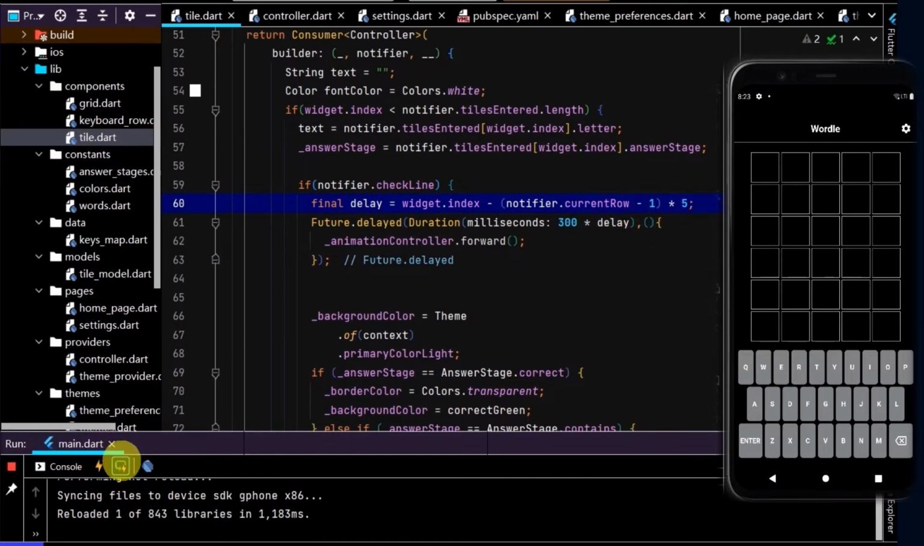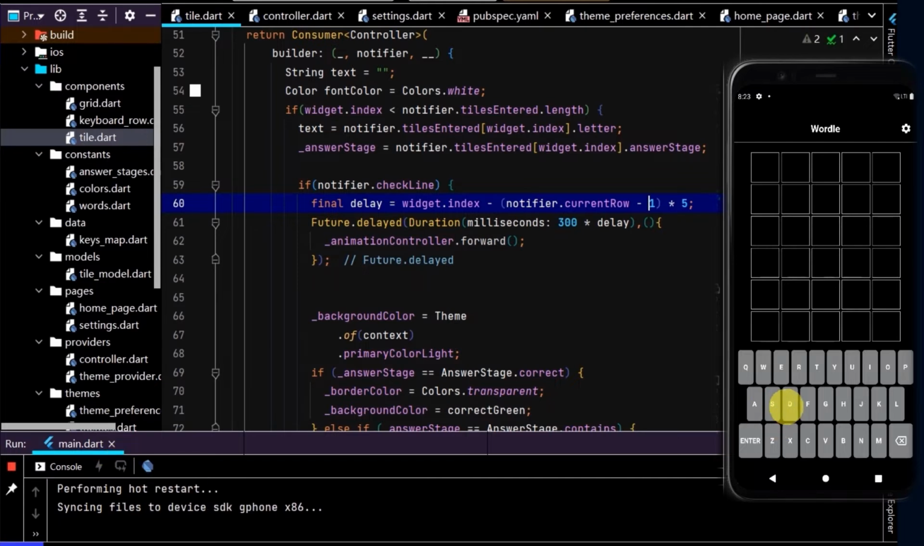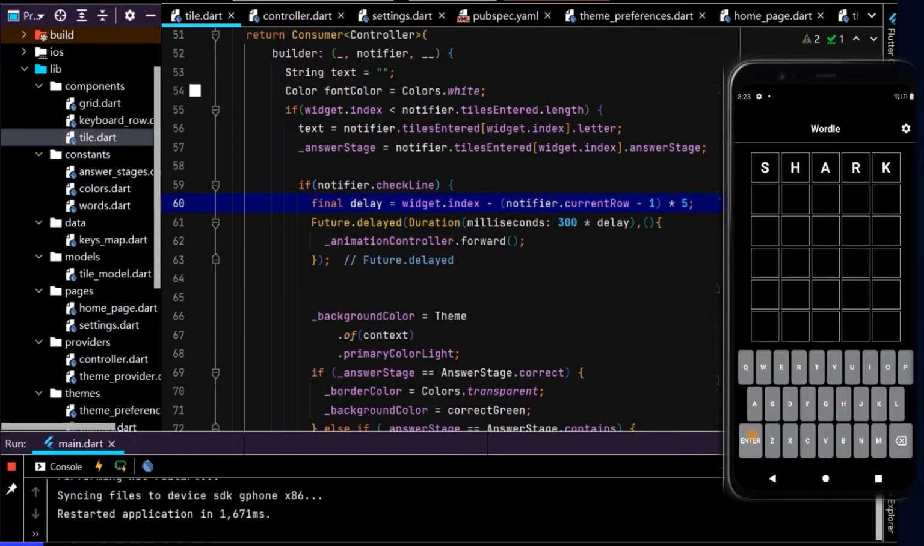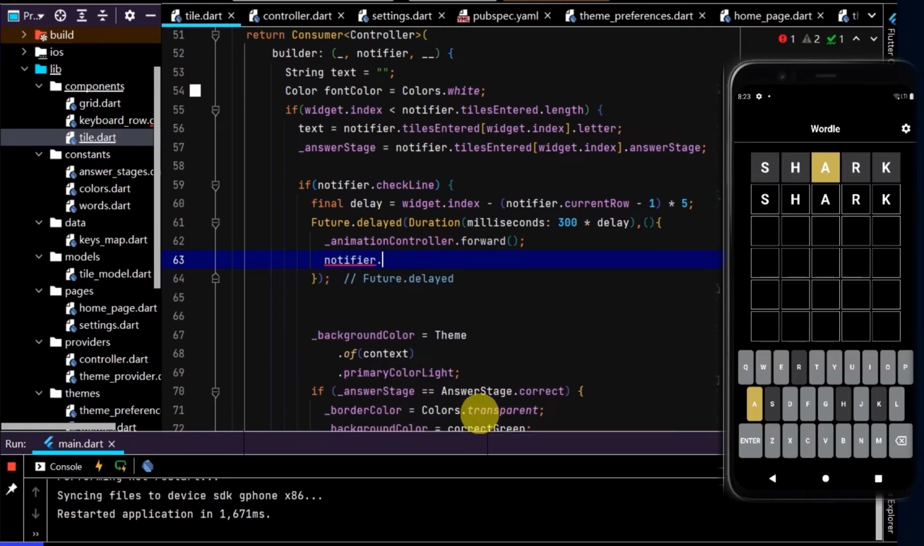Okay, cool, so let's test that. Do a hot restart. Okay, cool, so that looks pretty good. Now let's do another word, and we have a small problem, and the reason for that is it's running before we have pressed enter, so we need to reset check line back to false after we've run the animation, and then when it gets reset back to true it'll run in one go. So we can just access the controller again by using notifier, go check line, and we'll set that equal to